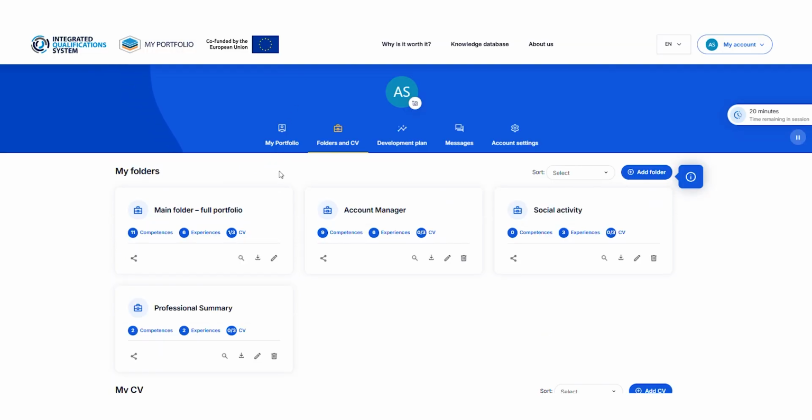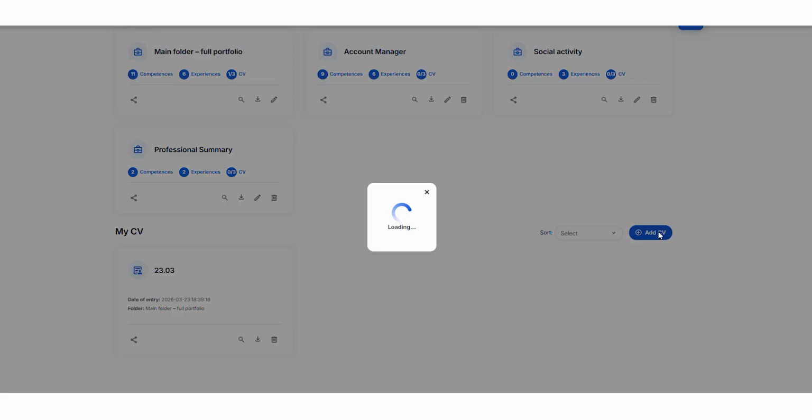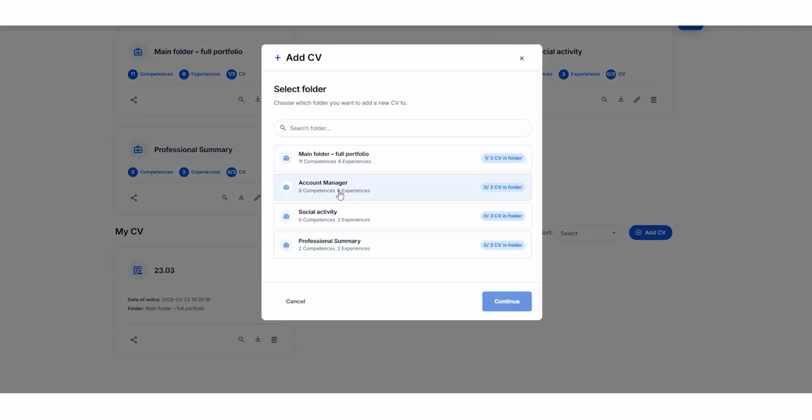Based on either the main folder or any selected thematic folder which you can add, you can also generate a CV. Simply choose the folder you want to base your CV on and use the built-in generator.